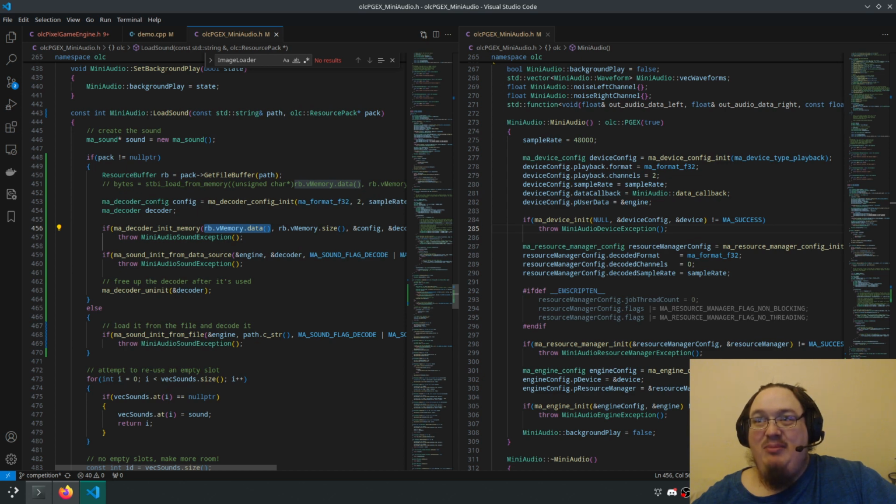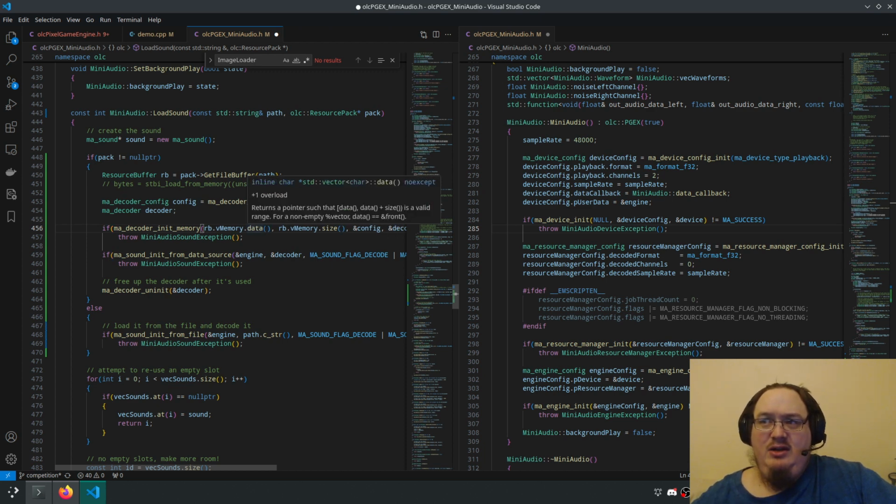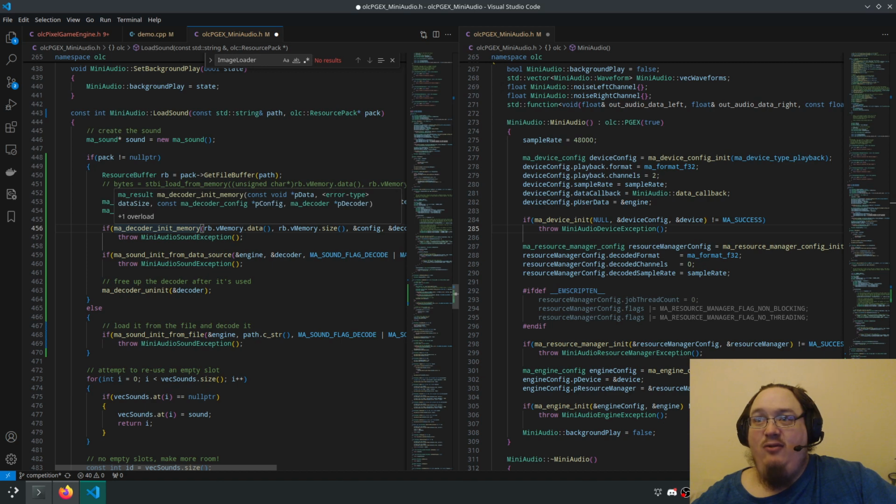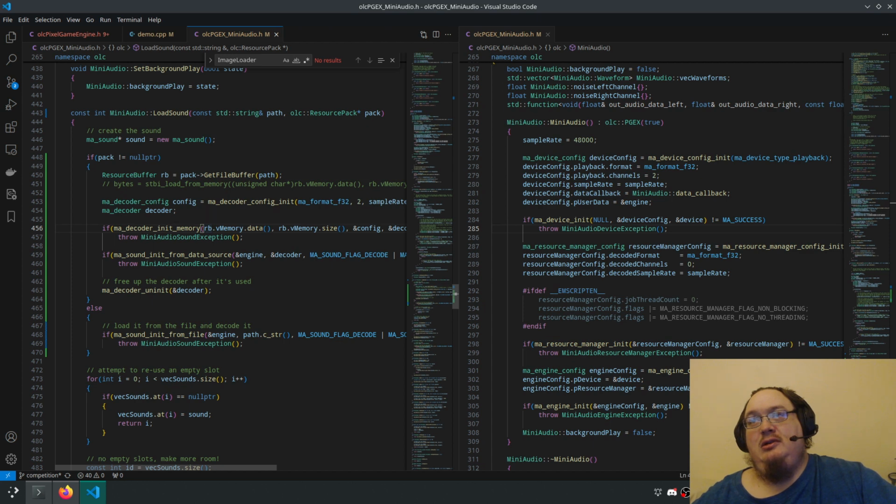It might complain about casting, maybe? It shouldn't. Does data return an inline char? Interesting. And that just takes a void star. I wonder if I have to cast that as a void star. Okay, well, we'll find that out in a second here.